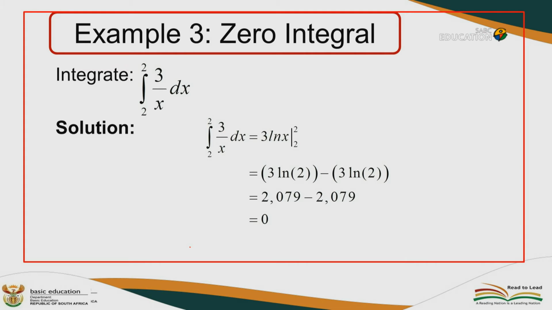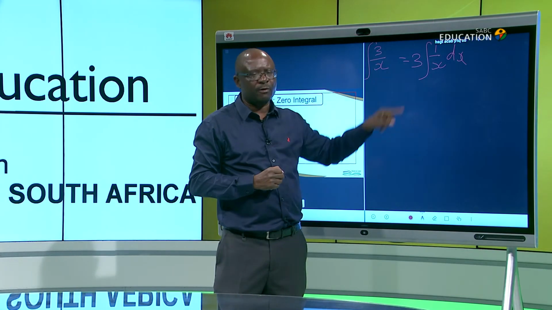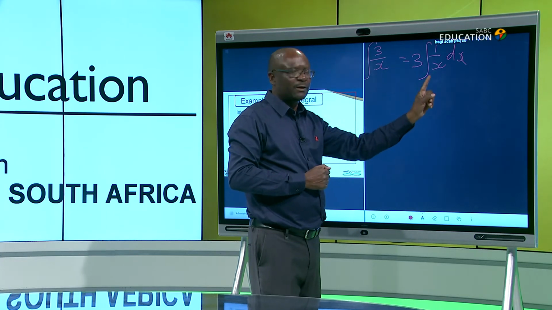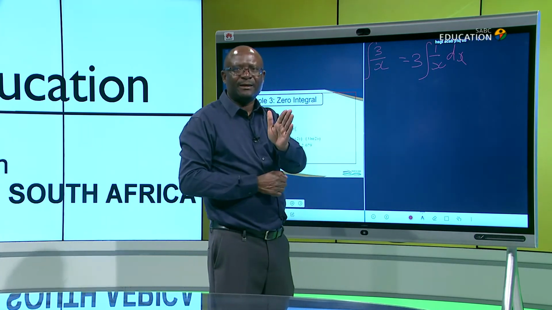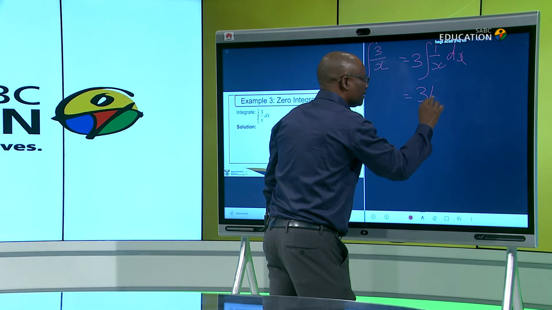Then there we have 3 divided by x. But I said, check whether you can manipulate the given function into the fraction 1 over x. Yes, this one we can change. This can be changed as 3 multiplied by the integral of 1 over x dx. We have changed the fraction 3 over x into 1 over x. Now you know that the integral of 1 over x is equal to ln x. Then this will be equal to 3 ln x,